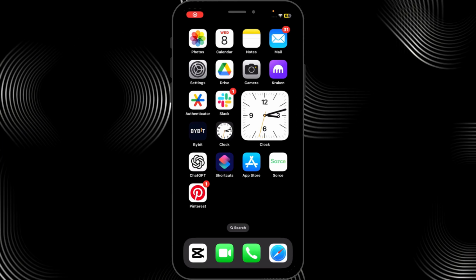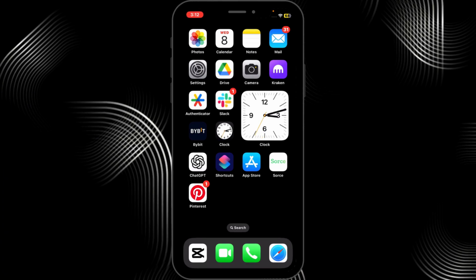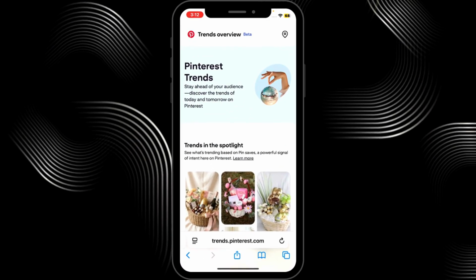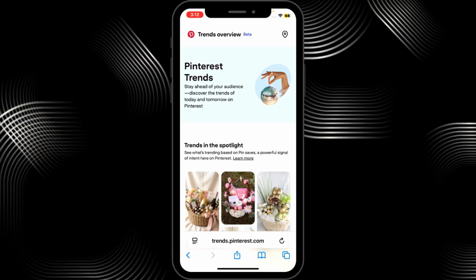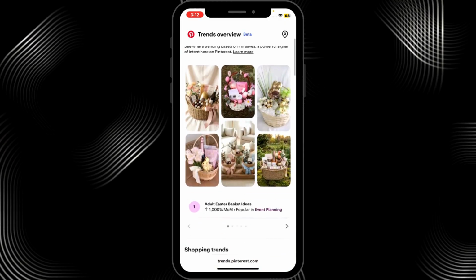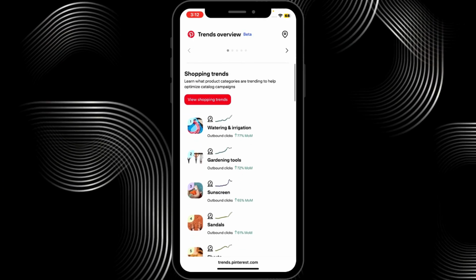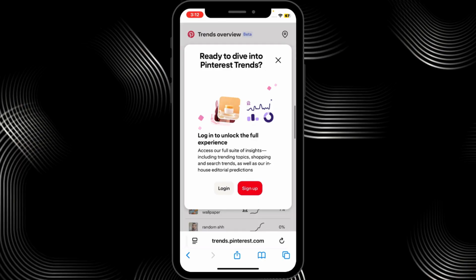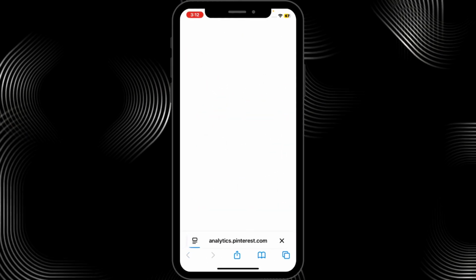We're going to guide you through how to research trends on Pinterest. Researching trends on Pinterest is best done using the official Pinterest Trends tool, or go ahead to trends.pinterest.com. Navigate to the tool, right? And what you're going to do, we're going to go ahead and hit View Search Trends, hit Login using your account,